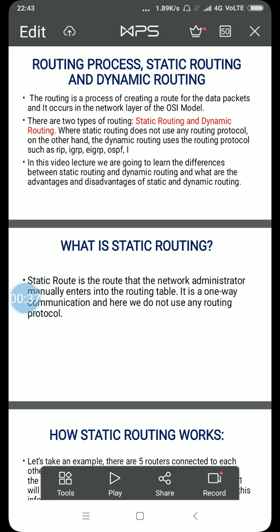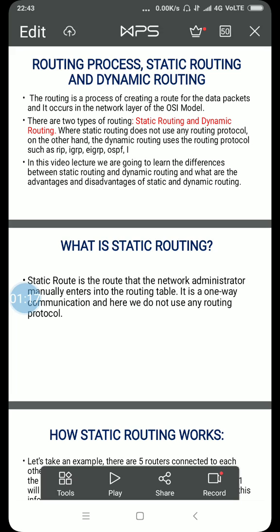Routing is a process of creating a route for the data packets and it occurs in the network layer of the OSI model. This model, the TCP/IP model, we will learn in further video lectures. There are two types of routing, static routing and dynamic routing, where static routing does not use any routing protocol. On the other hand, dynamic routing uses a routing protocol such as RIP, IGRP, EIGRP, OSPF